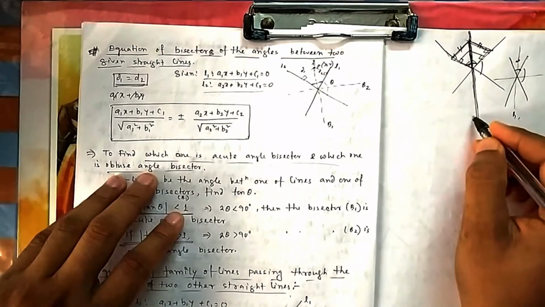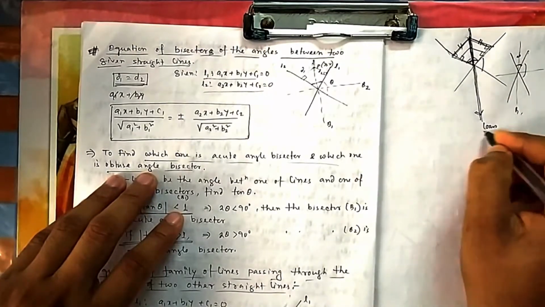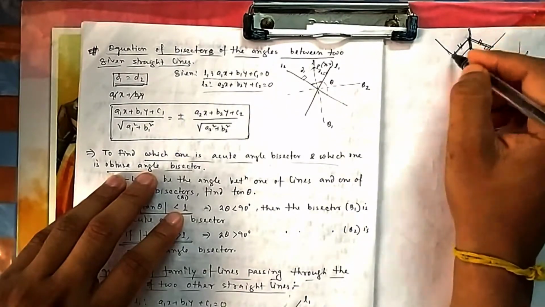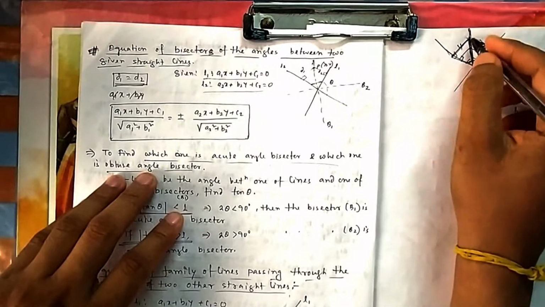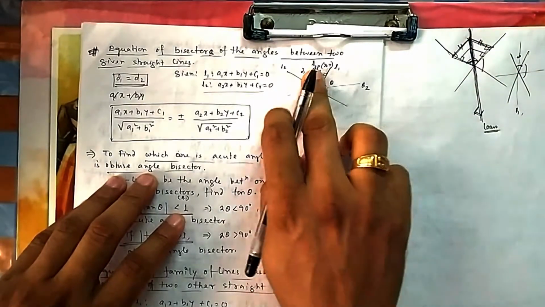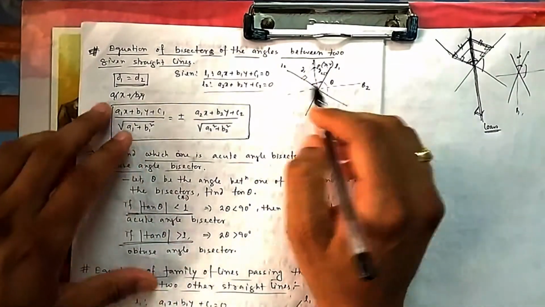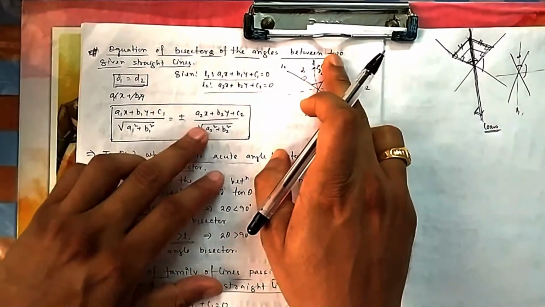You want to find the equation of the line. I told you the equation of a line is nothing but the locus maintaining a condition. What is the condition? It should be at equal distance from the two lines. So all the points which maintain this condition will lie on a line, and we need to find that line. So let us take an arbitrary point P which satisfies this condition, D1 equal to D2. So what will be D1? You put it here, you put it there.